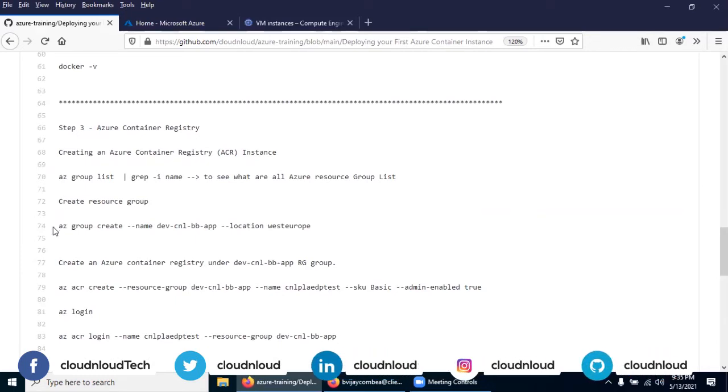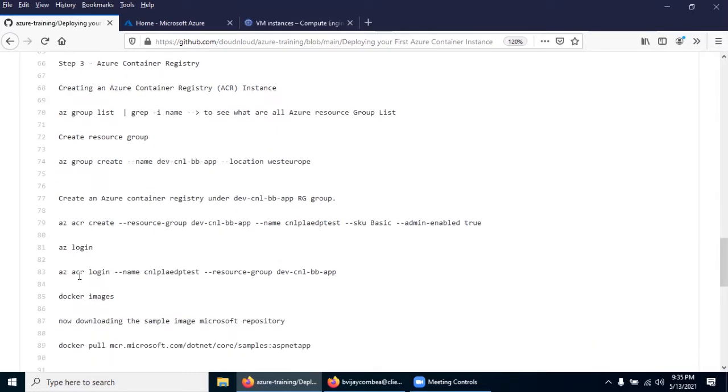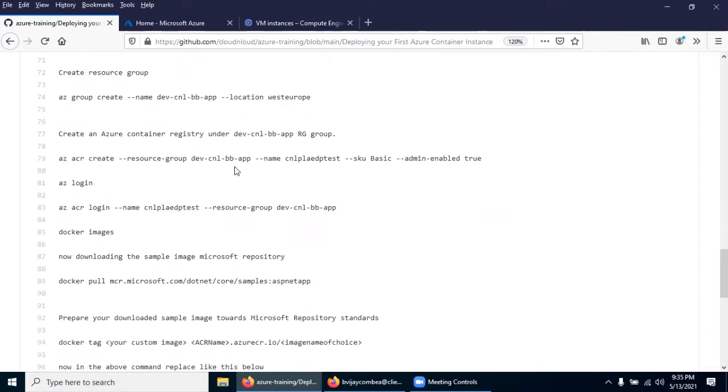We are going to create a resource group and create the Azure container registry associated with that resource group. And we are going to do an Azure login to that created Azure container registry because we need to push to it.